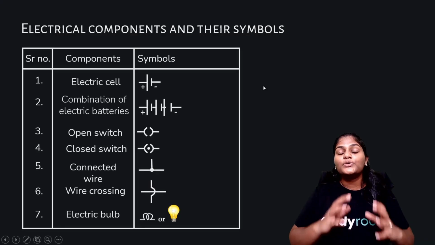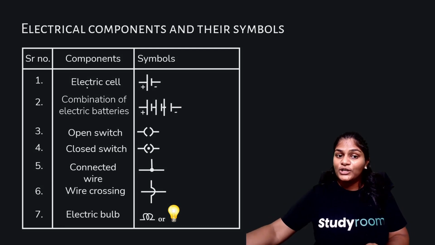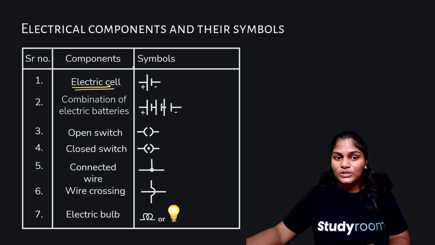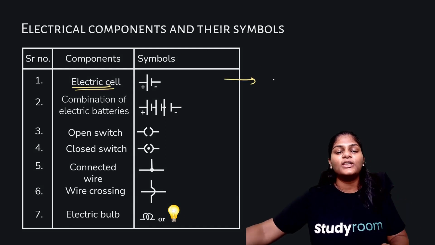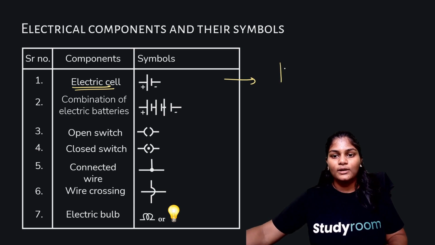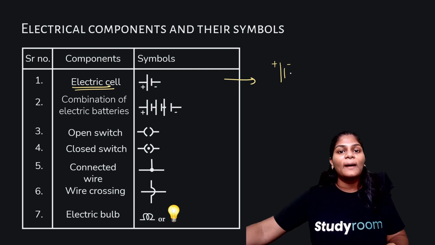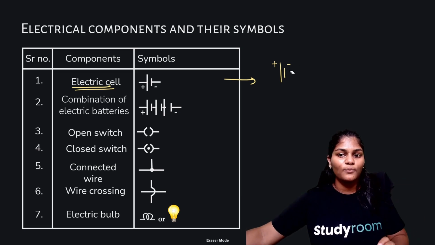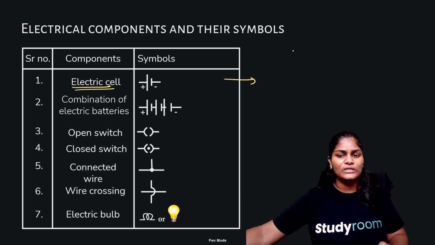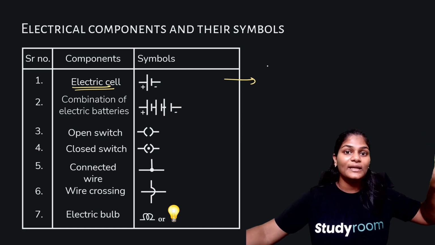Now, we're going to do some electrical components and their symbols. So you've already learned how the electric cell looks, but usually we use 1 and 2 lines, a positive and a negative terminal, to represent a single cell. And usually a battery is made up of 3, 4 cells or more. It can be 2 cells also. So a battery is made up of 2, 3, 4, and so on, number of cells.